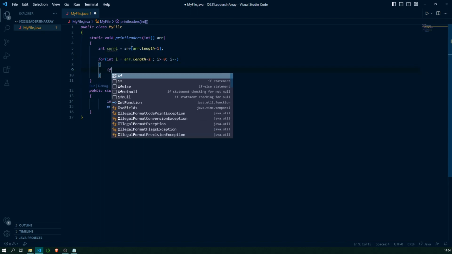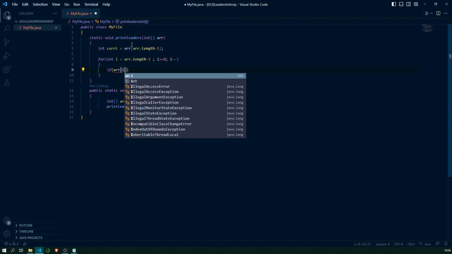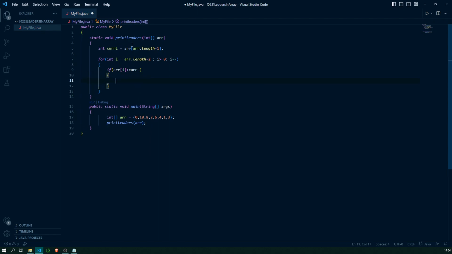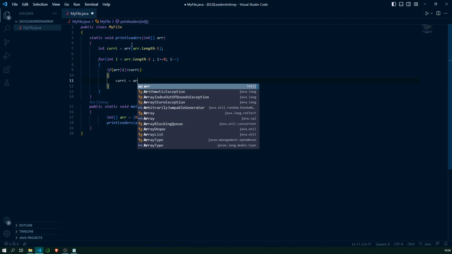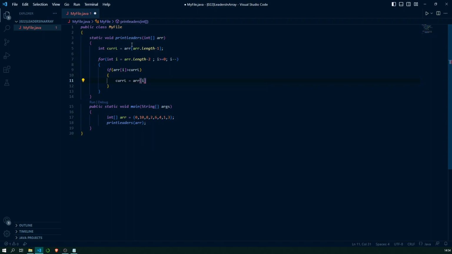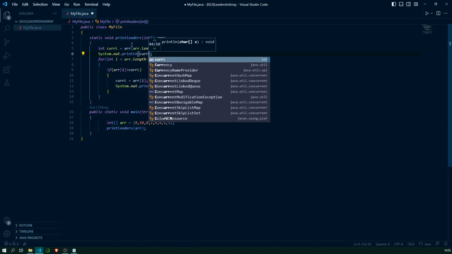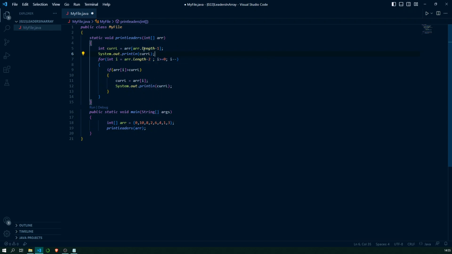Then, if arr of I is greater than current leader, then current leader becomes arr of I, and sysout current leader. Before this we also need to print 3, so there will also come a statement of sysout current leader, because initially we have been assigning current leader with the last element.